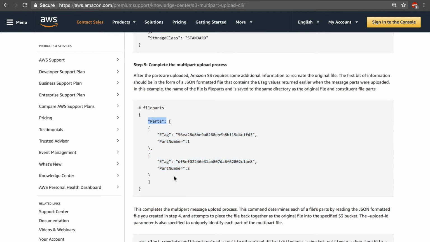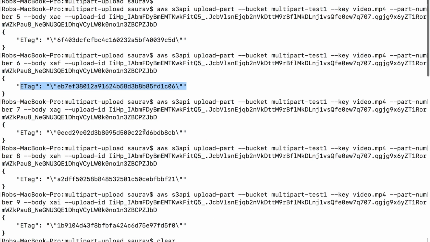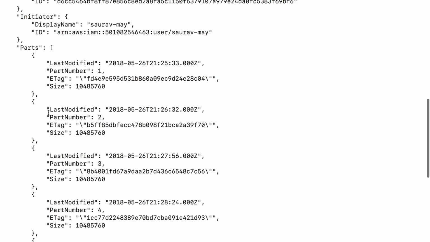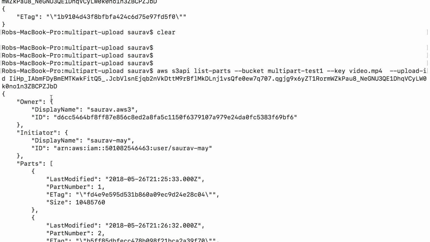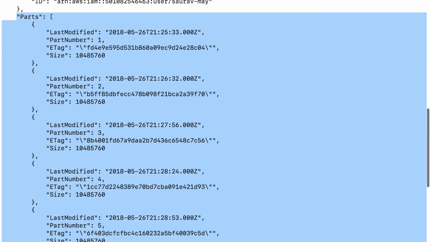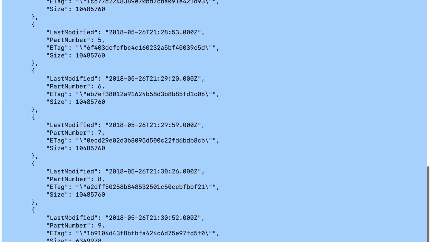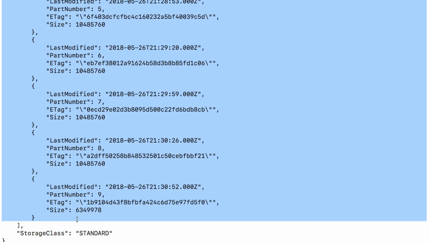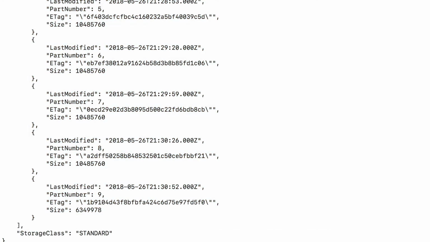Now to make this file creation easier, we can copy the response of list parts that we just got, and copy all the way starting from parts right here, copy this and create a file named parts file, enter,